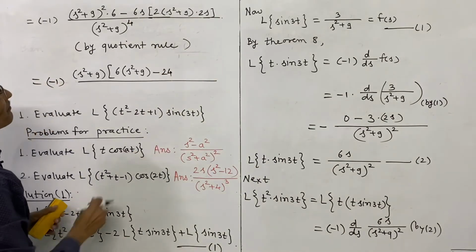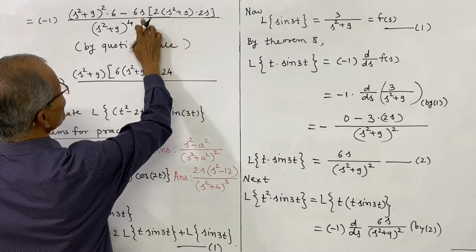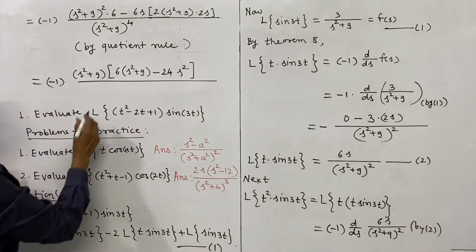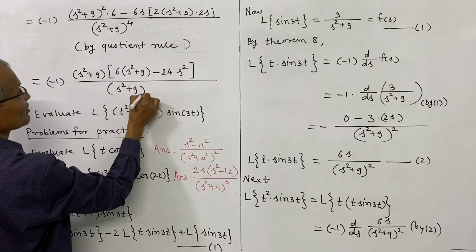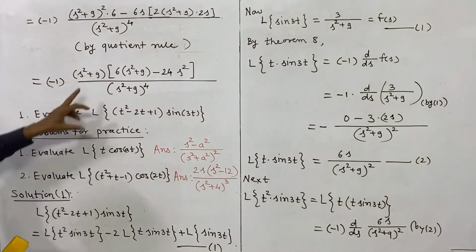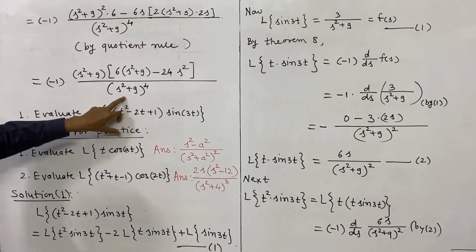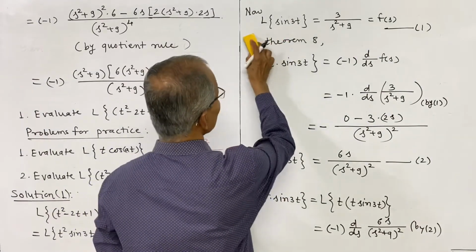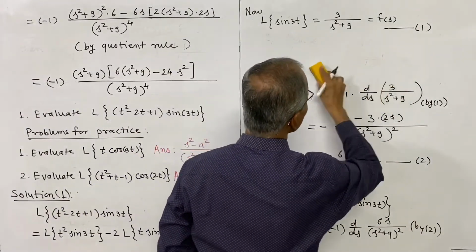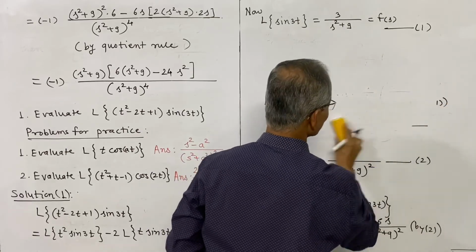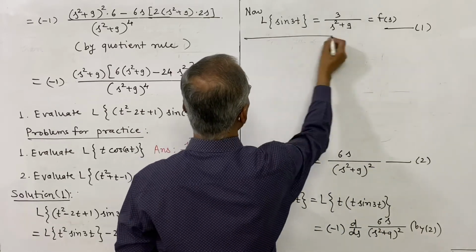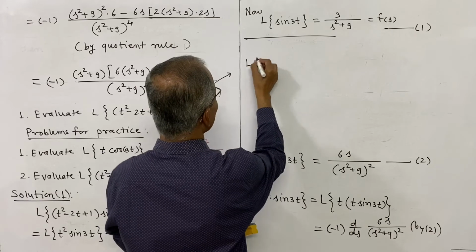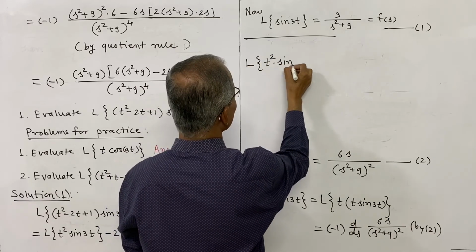into 6 24, and this is s into s, that is s square will remain in bracket, divided by s square plus 9 to the power 4. So one term cancels with denominator and power at denominator becomes 3. So that I shall write here. So this is the Laplace transform of sine 3t we have obtained. Now I shall write further this step here, that is L of t square into sine 3t